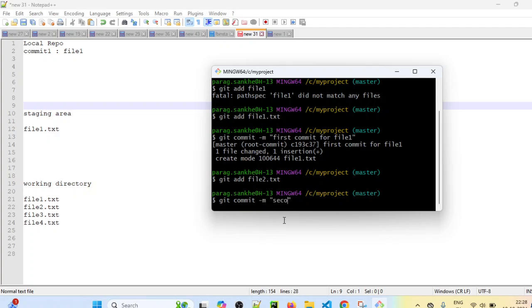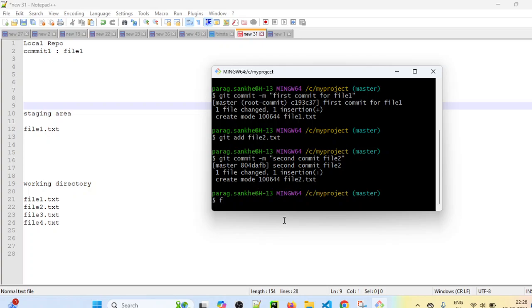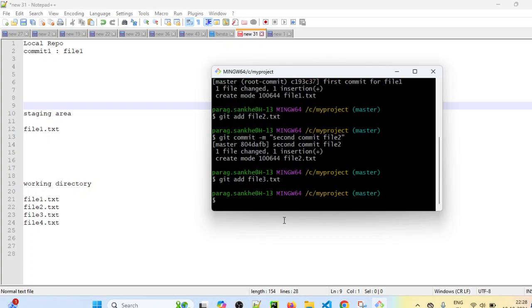Let's say this is second commit, file 2. Then we will also git add file3.txt, and then commit file 3 as well. git commit -m third commit.